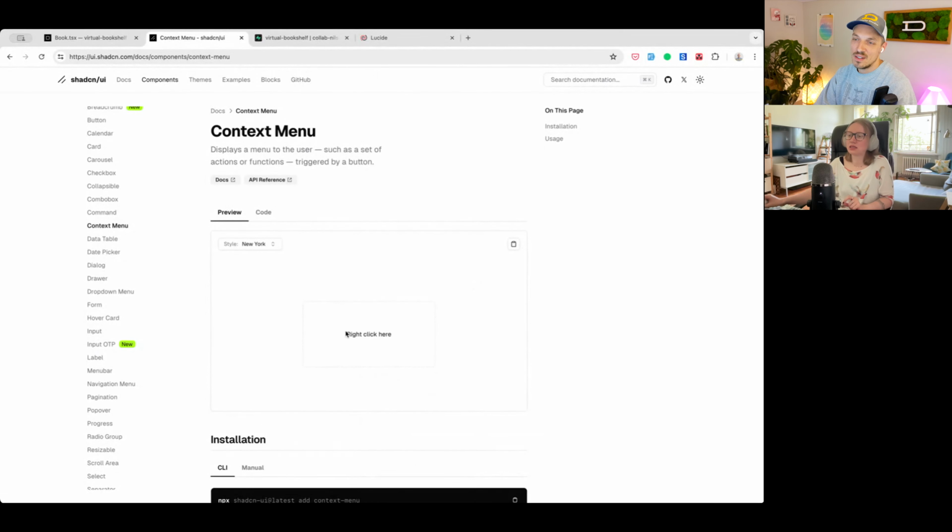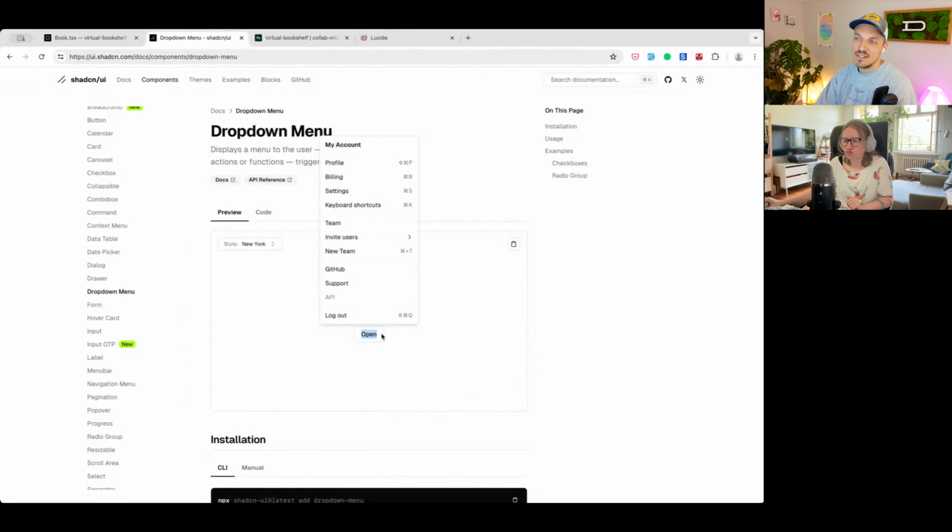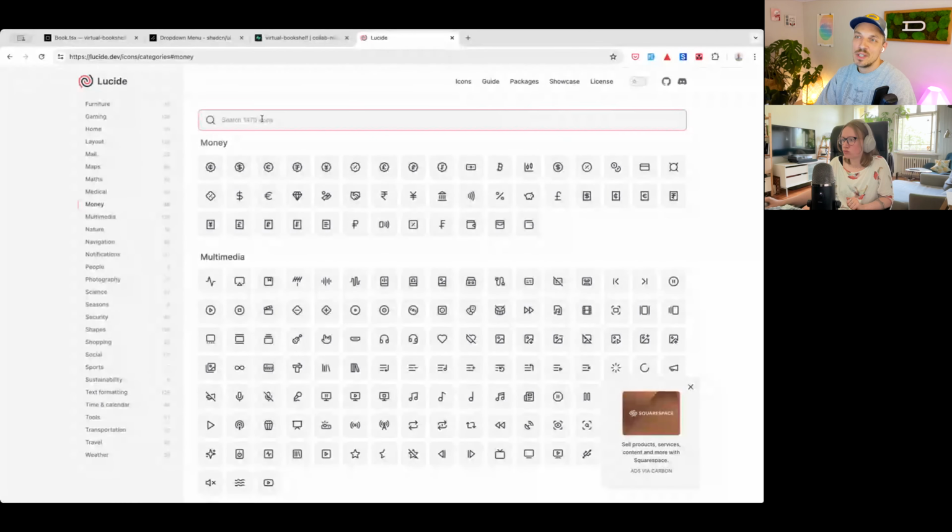Is it a context menu? Oh, no, that's the right one. I guess they probably call it a drop down menu, and then we could put that into a